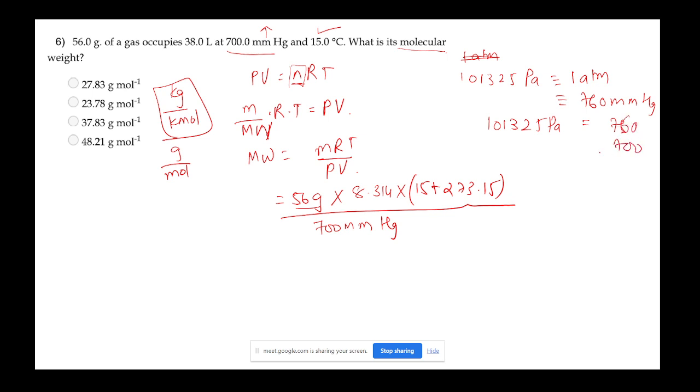Then for 700, what is the value? Instead of using 700 here, you will use the value of pressure as 700 into 101,325 by 760, which comes out to be 93325.6 pascals. So if you put up here